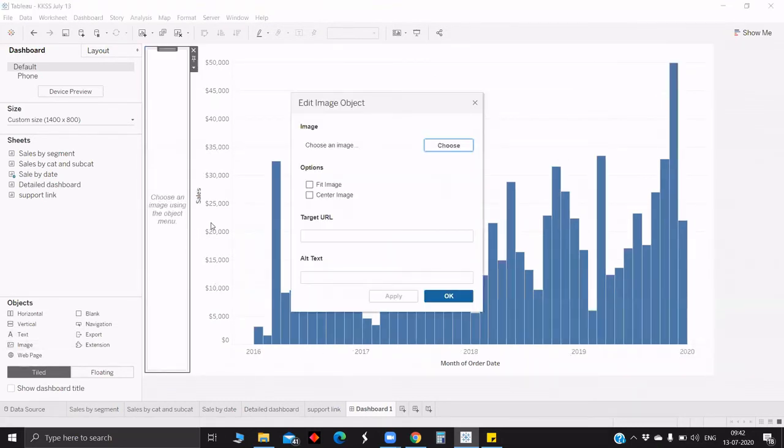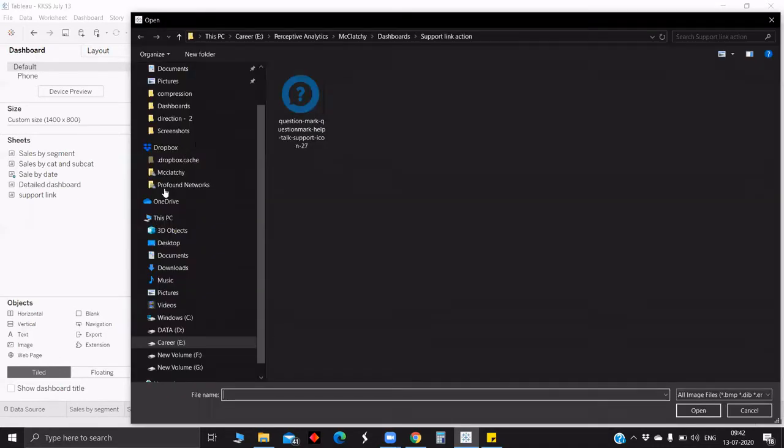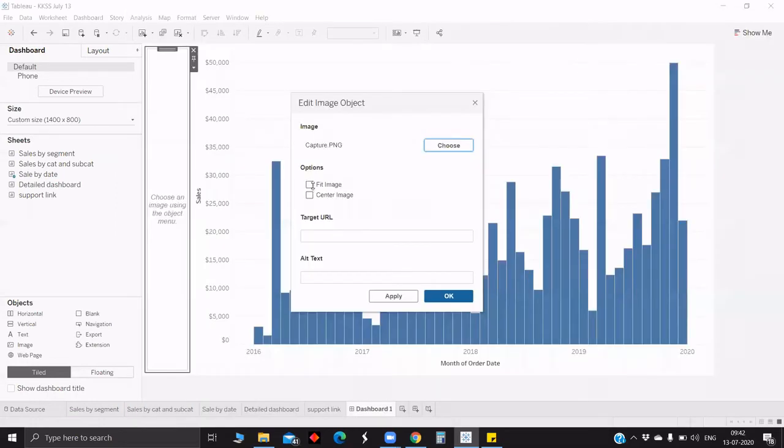So what this image does is, if you want to put any image, mostly we will use this image option to put our client logo or company logo. Mostly I have come across for using image option for that. Also we have one more feature. For example, now we can choose any image, maybe tab. So there is an option fit and center image. So in this case, what happens is automatically by default it will get fit and center.